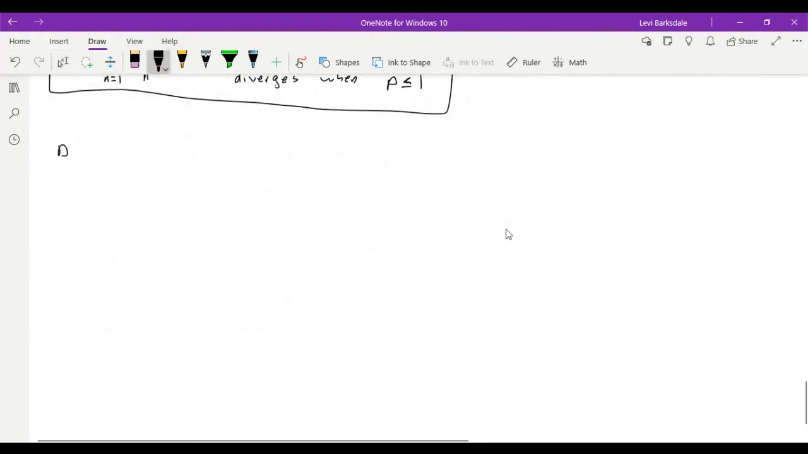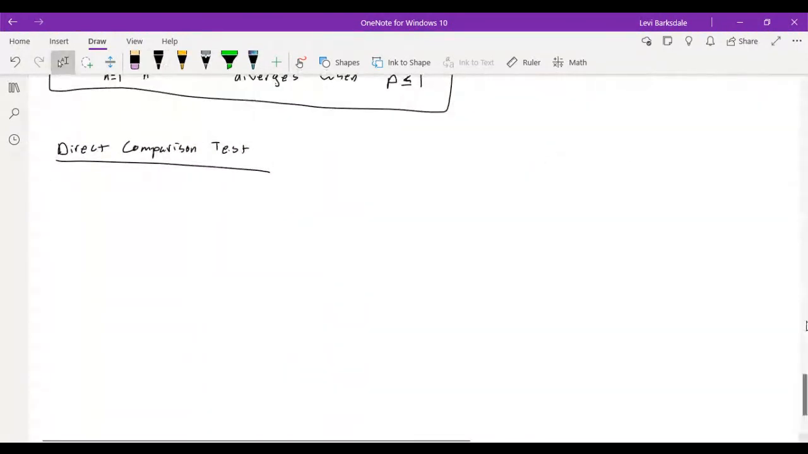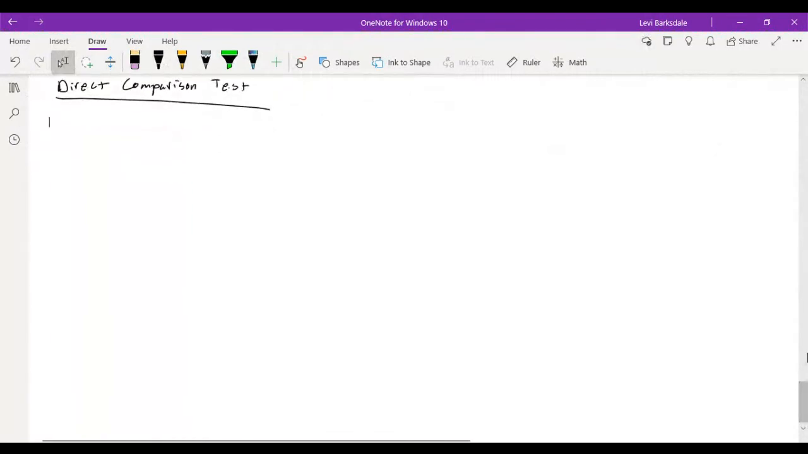First off, the comparison test. And the direct comparison test is basically like the comparison test for improper integrals. We'll go ahead and spell it out in more explicit terms. So let's say you have a couple of positive sequences, a sub n and b sub n, and b sub n is always bigger than a sub n. Well, then you can say that